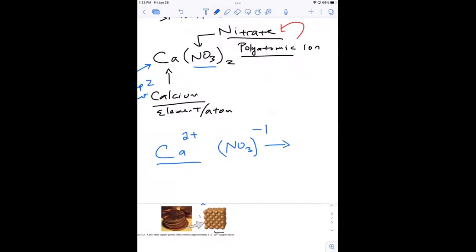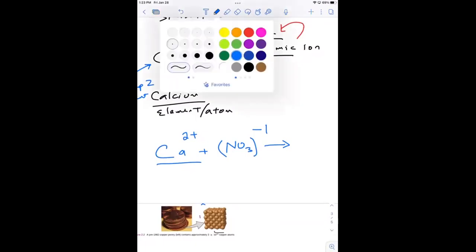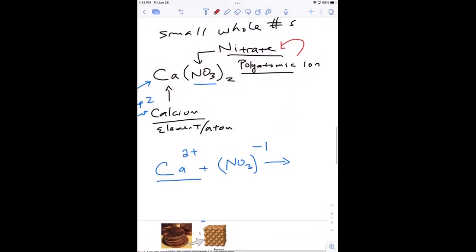So we take, and I'm going to put a plus here, even though there will have to be something else bonded to calcium and something else bonded to the nitrate, but we're not going to worry about that at this point. We use, in this particular case, because if you notice up here, there's a 2 here. That 2 is there for a reason. So we use what's called the crisscross method. How many of you have heard of that when you took chemistry before? All right, so we're going to take the 2 here and put it here. We're going to take the 1 here, we're not worried about the charge, and put it here. So when those 2 combine,